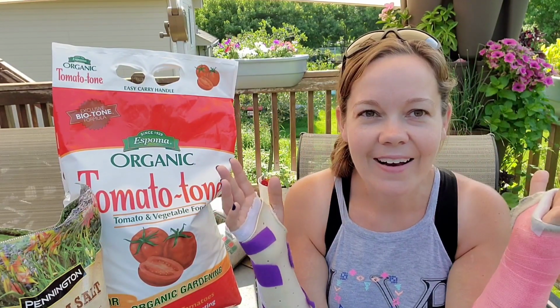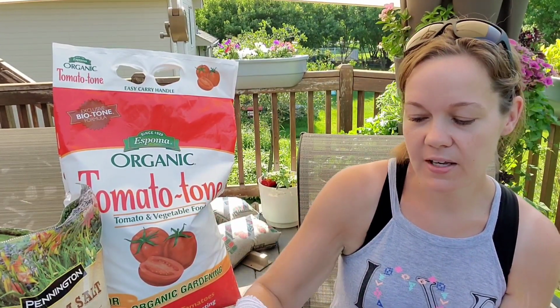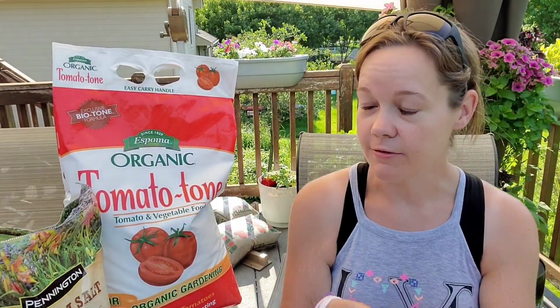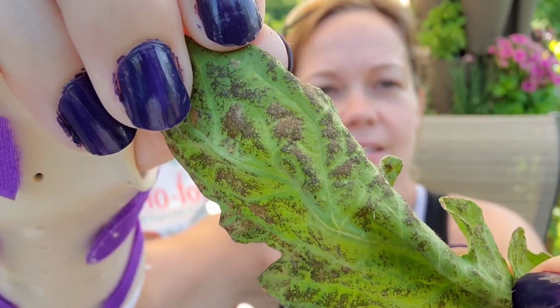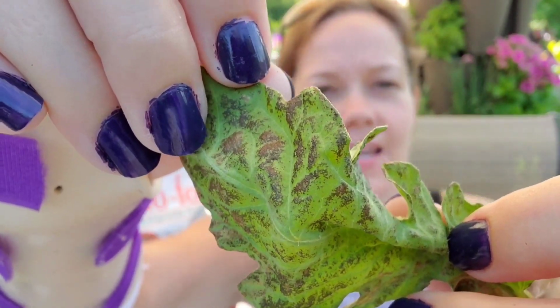Third, I thought for sure it must be Septoria leaf spot. And up close, it didn't look like that either. So I was really stumped, and I searched further, and I searched some of my favorite Facebook groups, and I ran across somebody who had said, looks like a nutrient deficiency. I hadn't thought of that at all. And if you take a look at the leaf, this doesn't look like disease. This looks a lot like what might be...